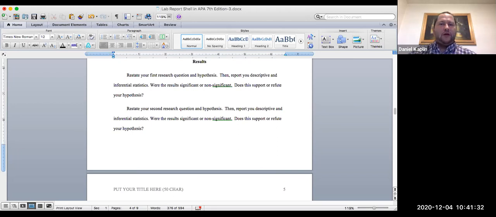Whereas if you have interval or ratio data, you're going to report means and standard deviation. Those are your common descriptive statistics. And then if you're looking for measures of dispersion or variability, for nominal and ordinal data, you're going to report modes and medians. And interval and ratio data, you're going to report